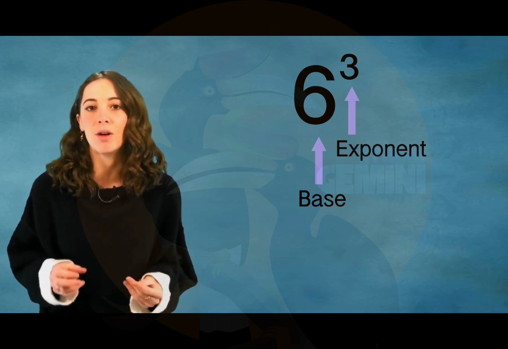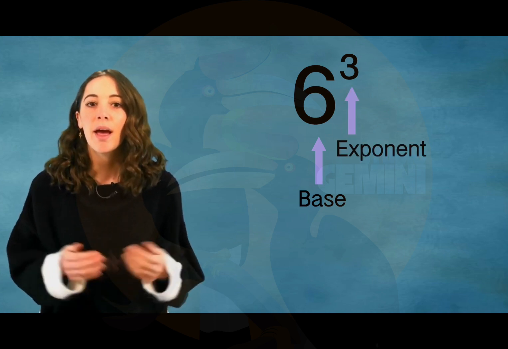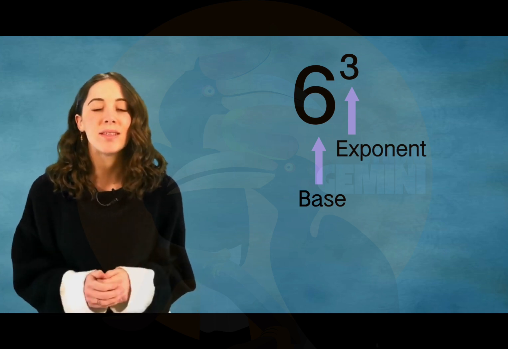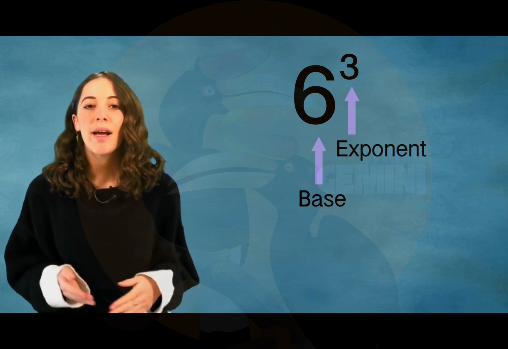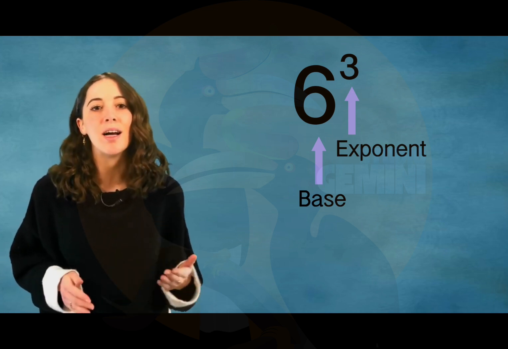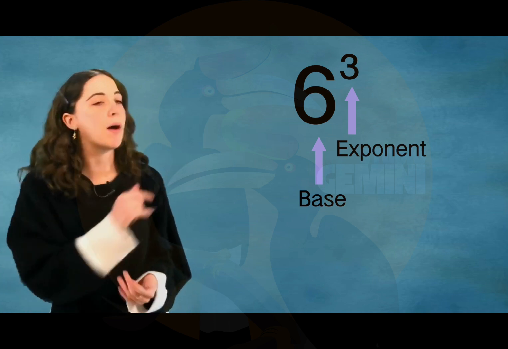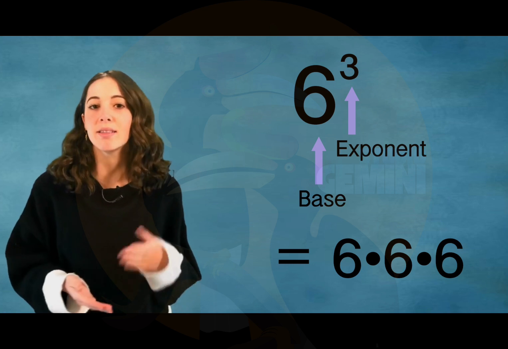When dealing with exponents, it is important to remember that the full-size number is called your base, and the small raised number is called your exponent. Exponents represent repeated multiplication. The base represents the number that is being multiplied, and the exponent represents how many times it is being multiplied. For example, 6 to the third power could be the same thing as 6 times 6